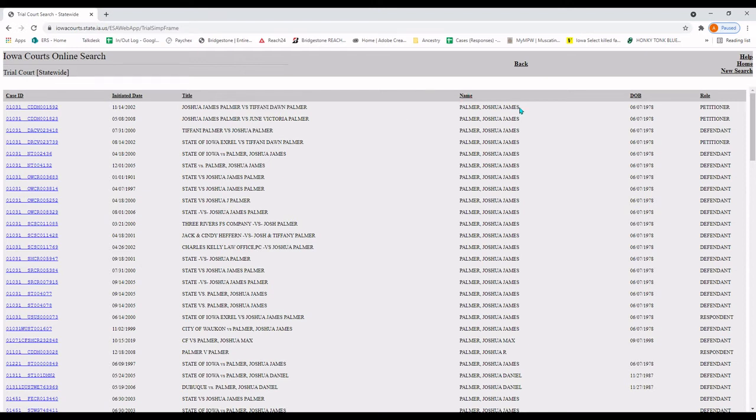So this is the name of the party that's being charged, and this is their date of birth. So maybe there's 26 trillion Joshua James Palmers, but you need the one that was born on 6/7/78. So we've got him right here. Or maybe that's not the one you need. Maybe you need the one that was born in 1998, and you're not particularly sure what day in '98 he